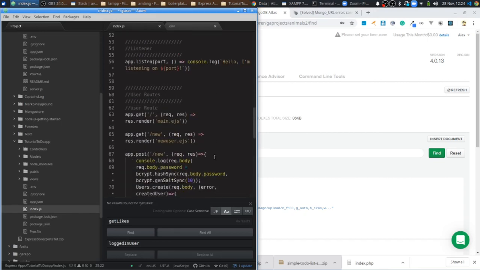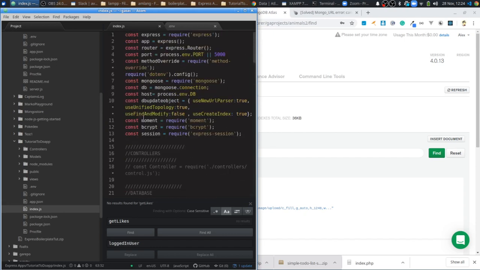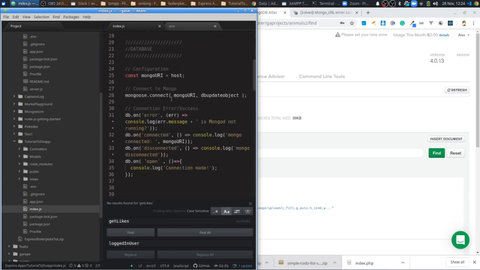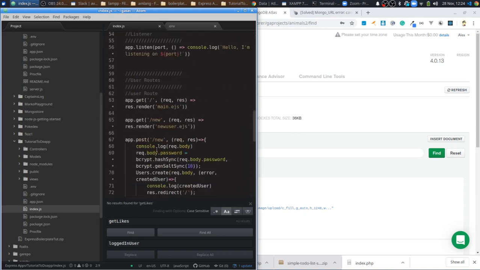Okay. So now here we have some basic routes. So this is how a route looks. Just to explain why this is app, what we did is we brought in Express up here. So we said, hey, we want Express in this program. And what we have to do is create an instance of the Express object. We're going to call this instance of Express app. So now I can call any functions of that object by invoking app. So that's what I'm doing down here. I'm saying, hey, this instance of Express, this app instance,